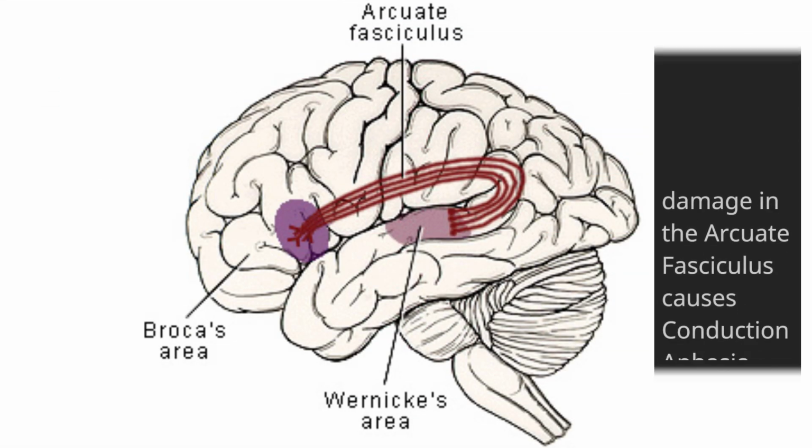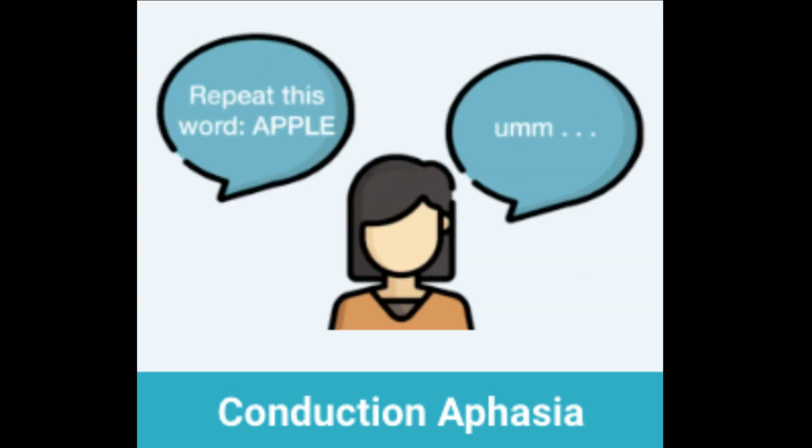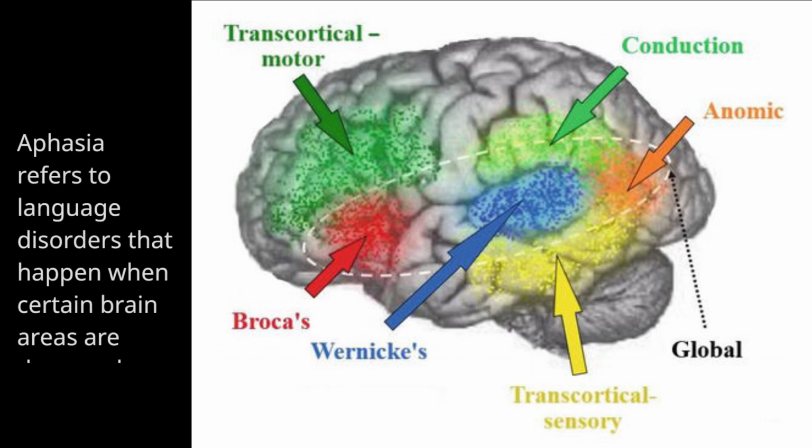This is when the connection between Broca's and Wernicke's areas, the arcuate fasciculus, is damaged. As a result, people struggle to repeat or mimic words or phrases, even though they should be able to do so easily. To wrap up the aphasia talk, aphasia refers to language disorders that happen when certain brain areas are